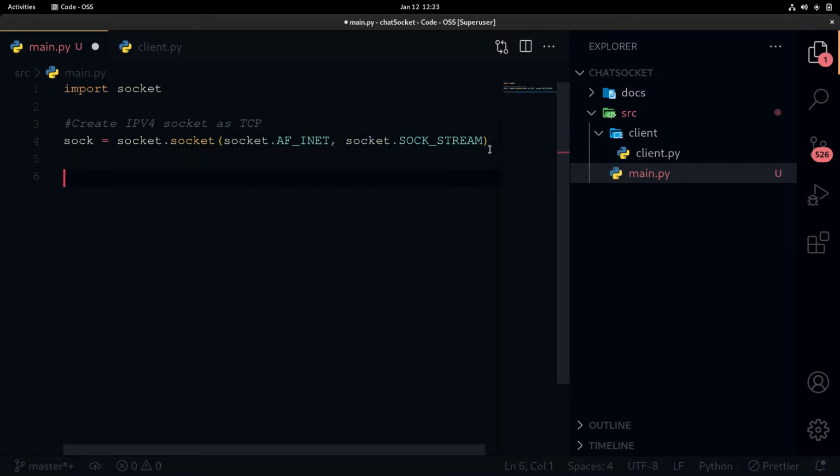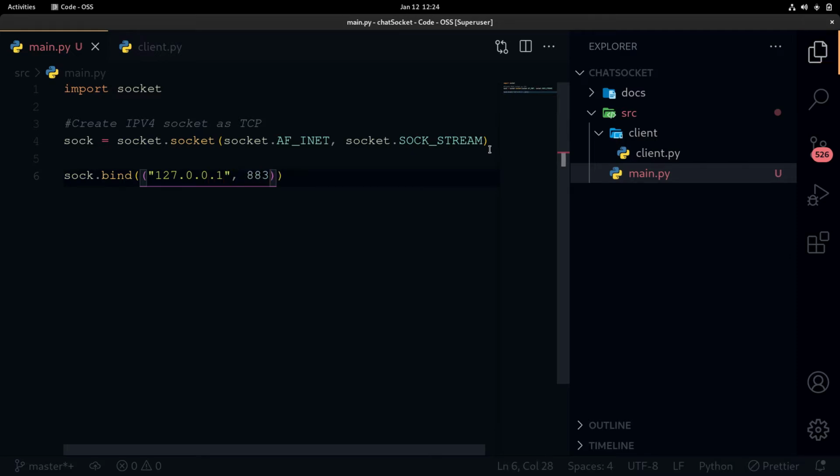So to create the server, we need to access this variable and access the method called bind. With this method we can specify the host and port.